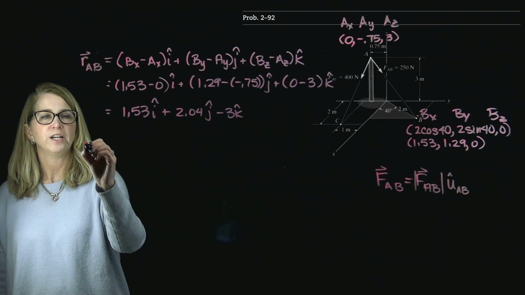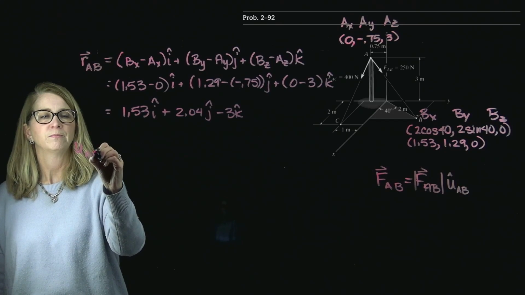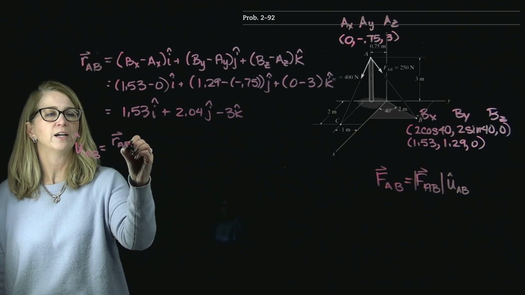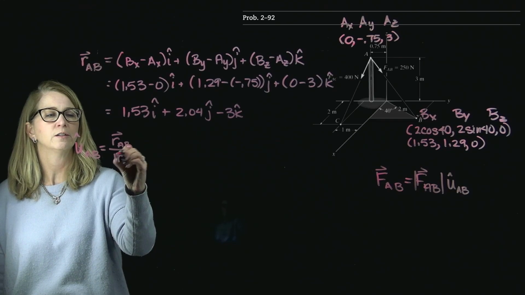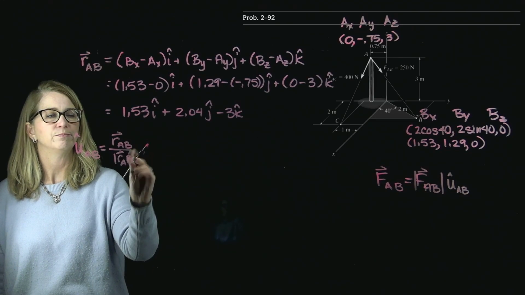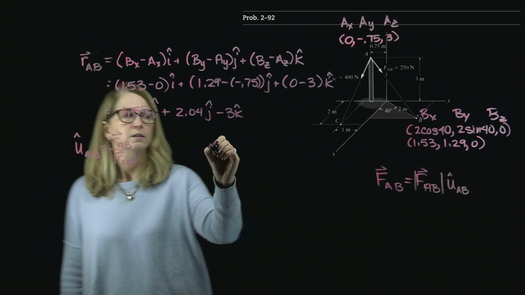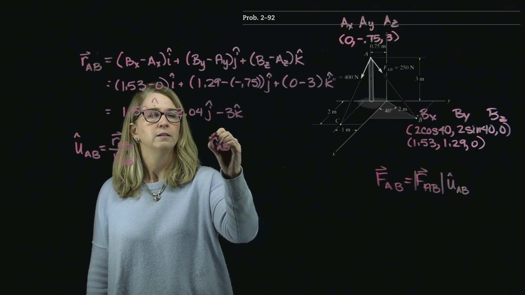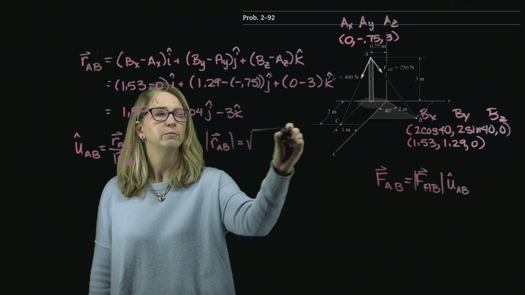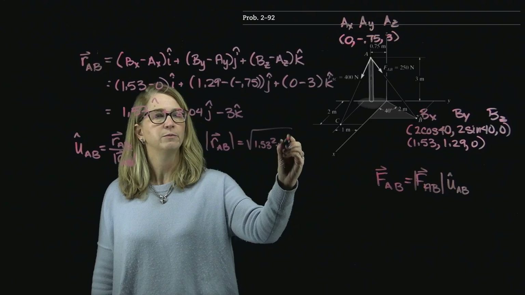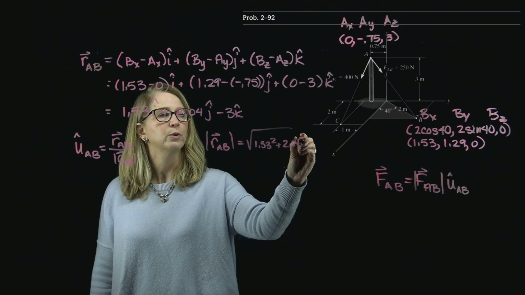Now, in order to change this into a unit vector, we take any vector and turn it into a unit vector, we divide the vector by its own magnitude. RAB, the magnitude, we find by squaring each component, adding them together, and taking the square root,